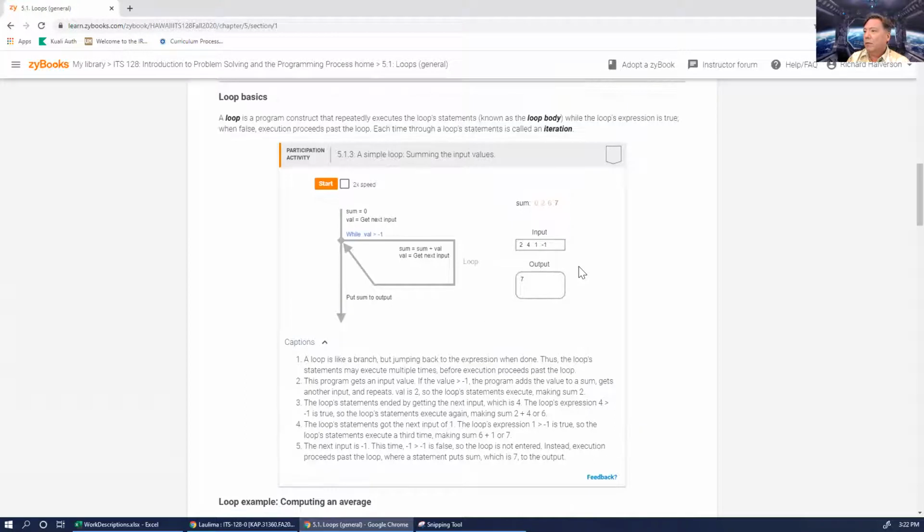Here is an example of summing input values. Here you're going to sum up. You're going to read in numbers until you get a -1. So in this particular example, you're going to read in a 2, then a 4, then a 1, and then a -1. And so at this point,